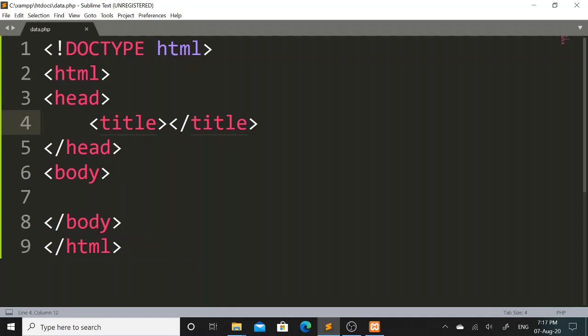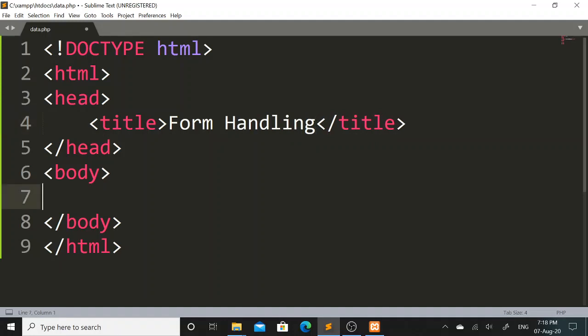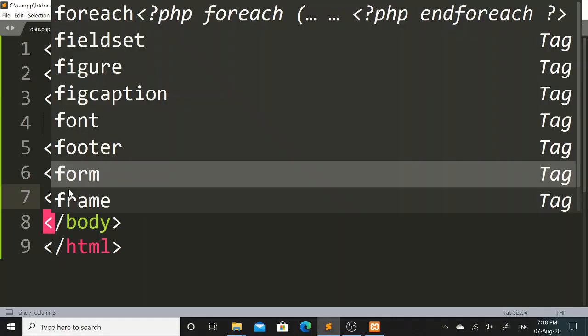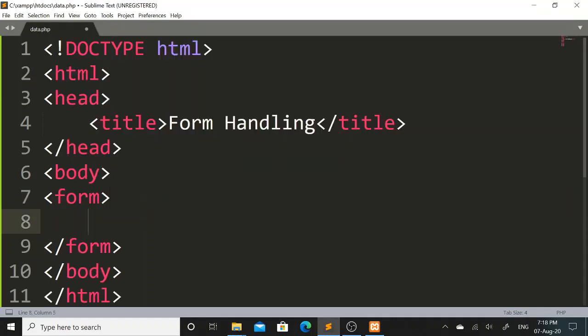Now with the help of HTML tags I will create one HTML form. In the title tag I will mention form handling. Within this body tag I will create one form using the form tag. So this is my form tag open and form tag close.